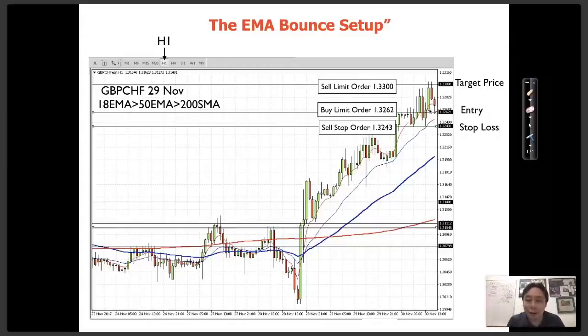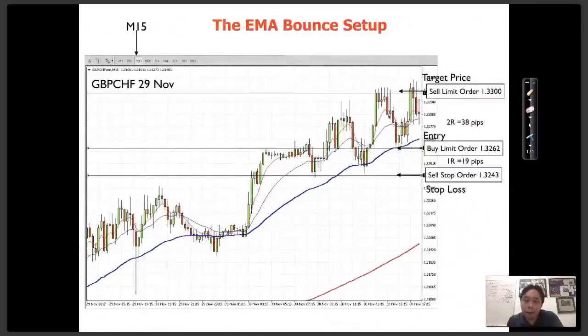All right. So in this case, what happens? I take the trade, and sure enough, the price comes down exactly to the 50 moving average, triggers my buy order, and 1, 2, 3, 4, 5. Within 5 candles, it hits my target price of 3300. Right. So this is how I set up a bounce trade. And again, notice for this one, I was trading the 15-minute candles and looking at H1 as a confirmation. I could also trade the H1 time frame and look at the H4 for confirmation. All right. So that's the bounce strategy.